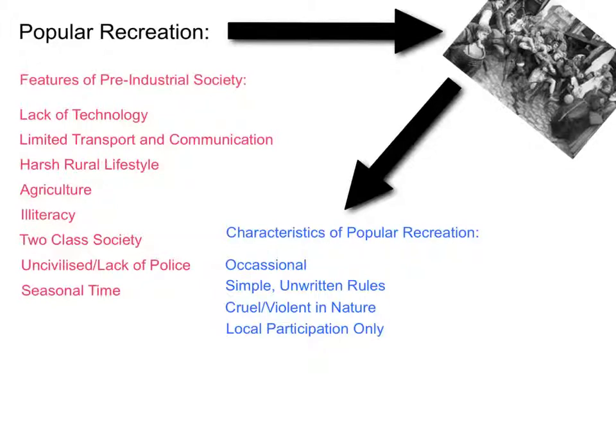Due to a lack of technology, the facilities used for popular recreation were often natural or simple. Many games involved natural features of a town or village, such as a river or a building, and did not necessarily have all-seater stadia or other technology that we expect today. People played wherever there was space and using whatever they could find.